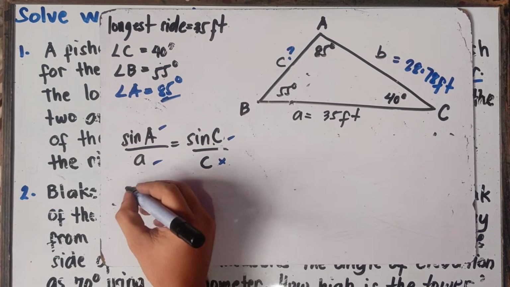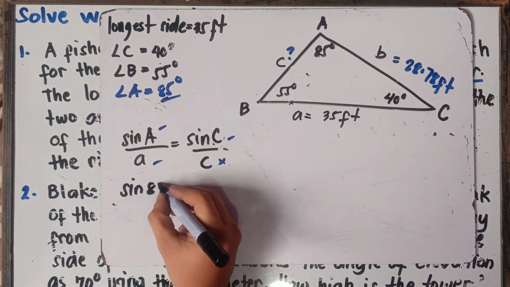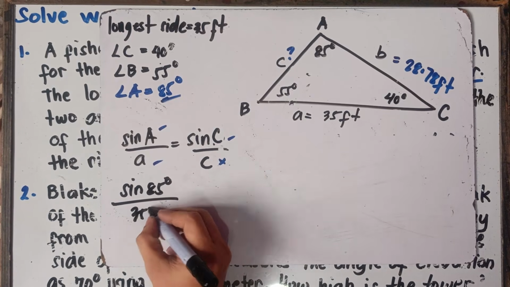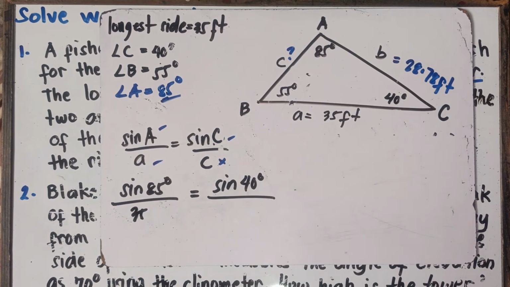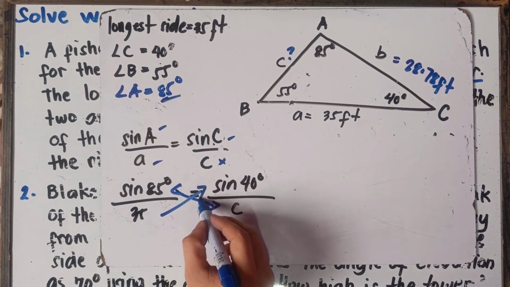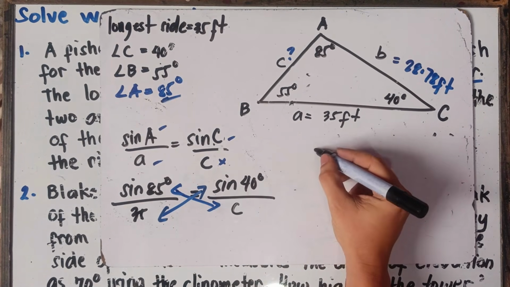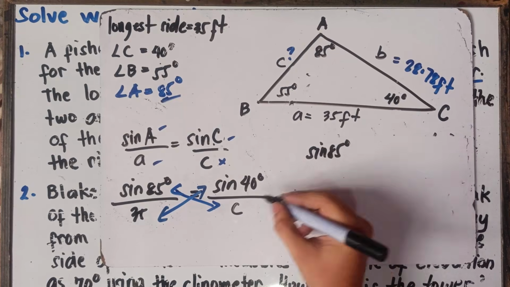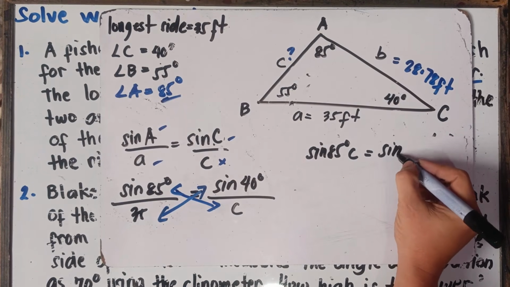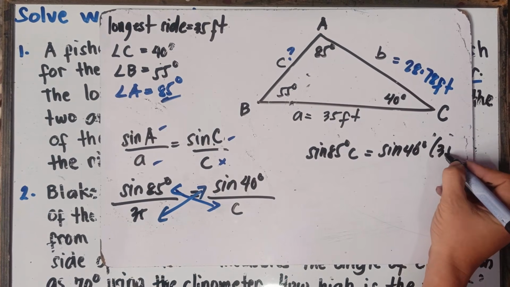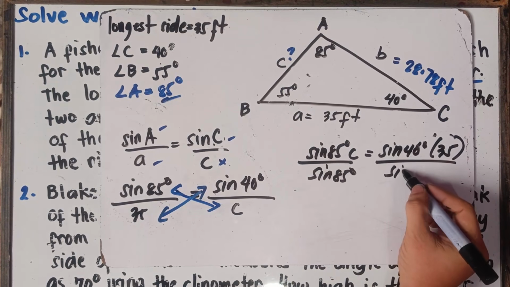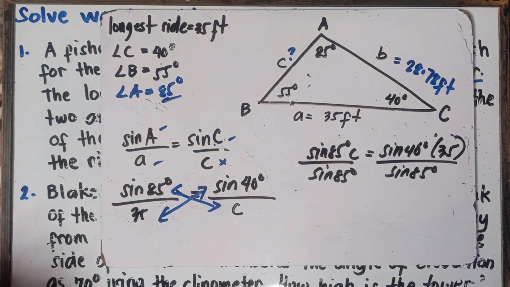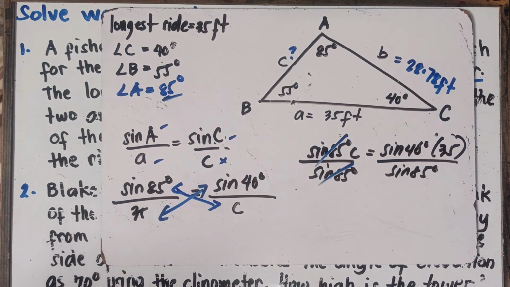Alright, so this will be sine angle A, 85 degrees, over side A, 35, is equal to sine angle C, that will be 40 degrees, over side C. We're looking for side C. And then simply cross multiply. So this will be sine 85 degrees times C is equal to sine 40 degrees times 35. Alright, divide both sides by sine 85 degrees. Cancel this out. So C is equal to...